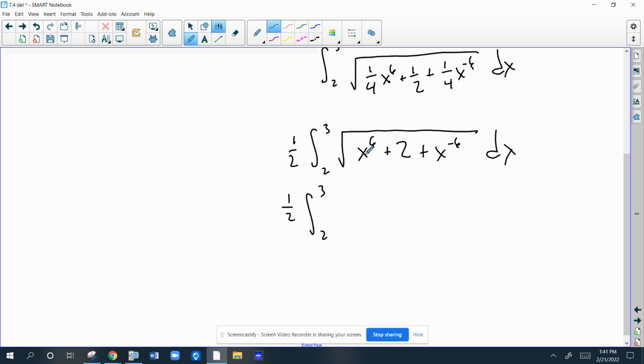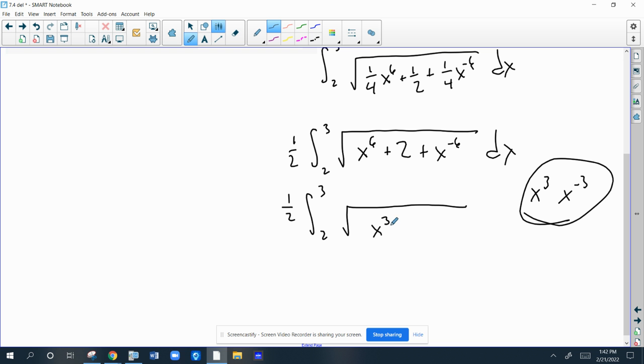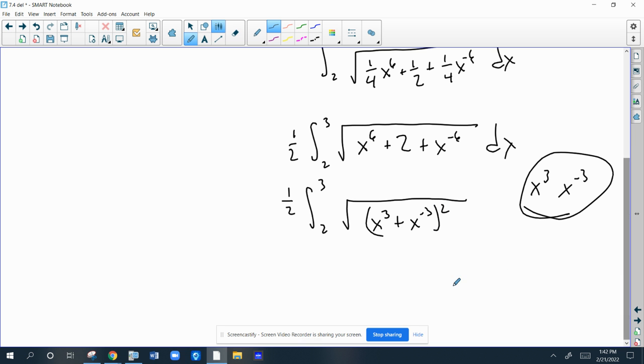So the square root of x to the 6 is x to the third. The square root of x to the negative 6 is x to the negative third. If you multiply those together and double them, you'll get 1 times 2, which is 2, which is the middle term, meaning that was a perfect square trinomial, meaning it factors like x cubed plus x to the negative third quantity squared. Now that helps us a lot because we're taking the square root